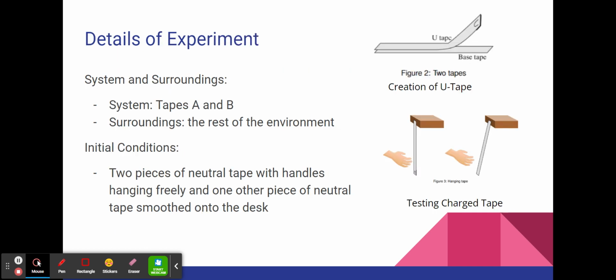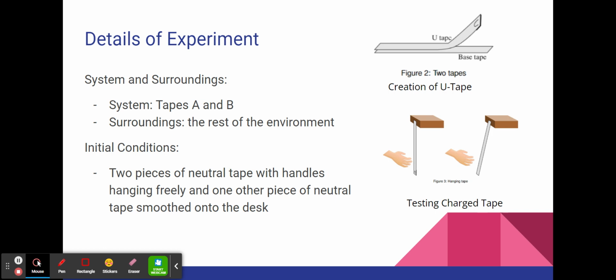The system and the surroundings. The system were the two pieces of tape, and then the surroundings were the rest of the environment in the lab. The initial conditions were that the two pieces of neutral tape with handles were hanging freely, and then one other piece of neutral tape that was smoothed onto the desk. And then you see here to the right,